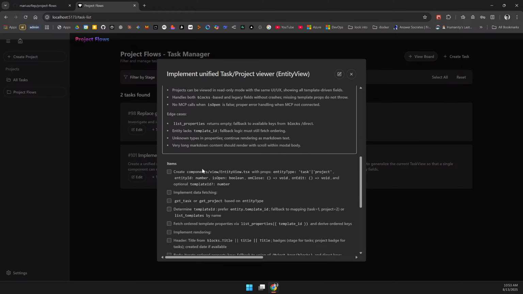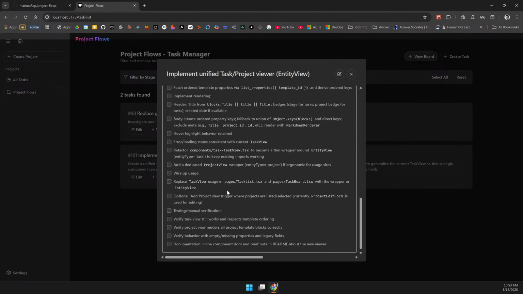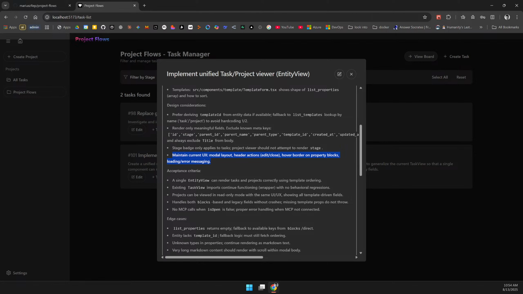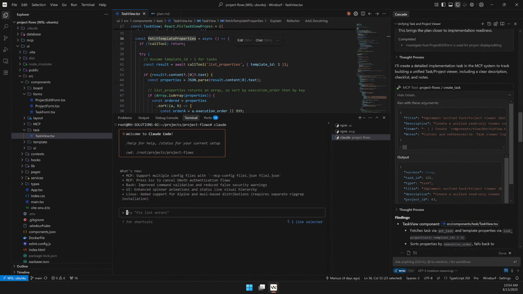It seems like it's got quite a good plan here, quite a solid plan. Right, so what do we have here? I am going to go back to Claude Code. I've got a fresh instance of Claude Code, as you can see. I will say to Claude Code basically to get